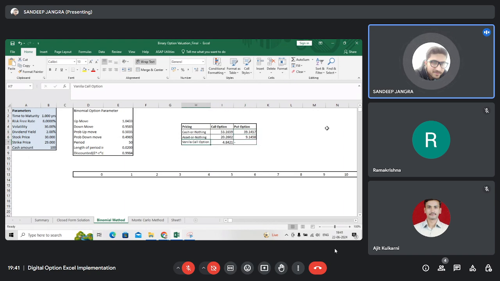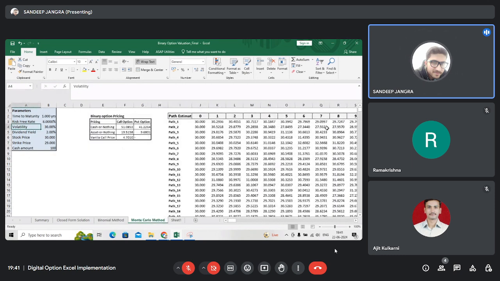Next we will look at the Monte Carlo methods. Monte Carlo simulation is also one of the greatest methods, and it is very widely used, not only for the valuation of options, but this method is